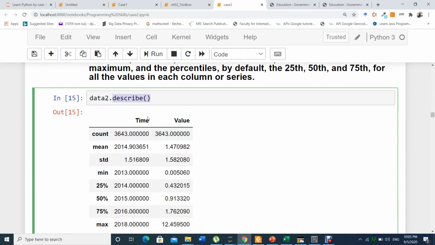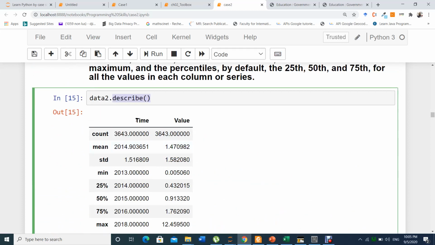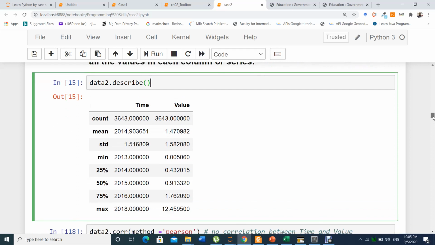Of course, it applies only to values, not to country names. This is why it just prints the value and the time. So you see a simple way to get statistical information from your data.